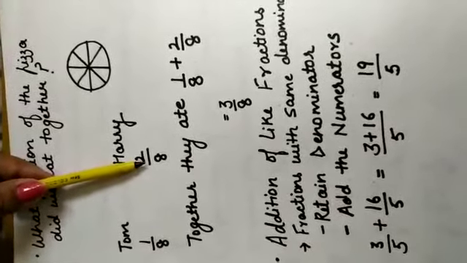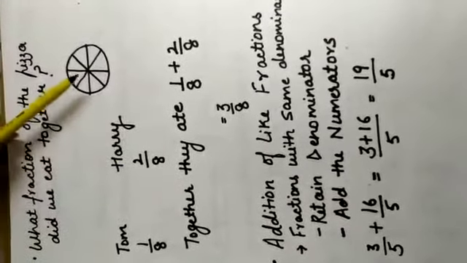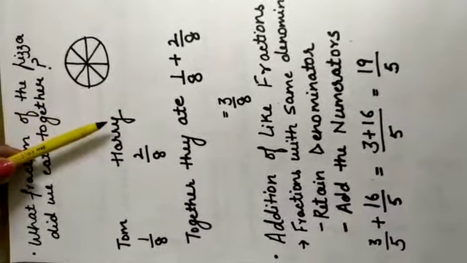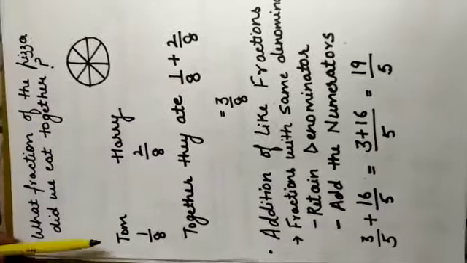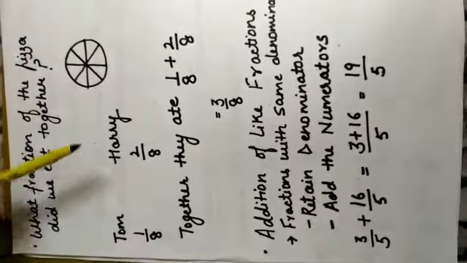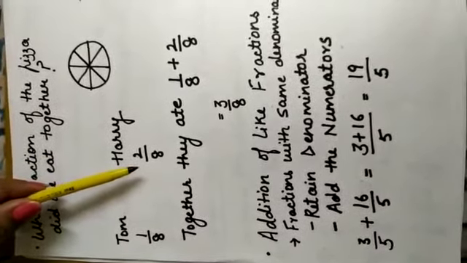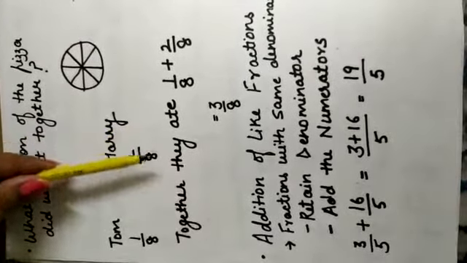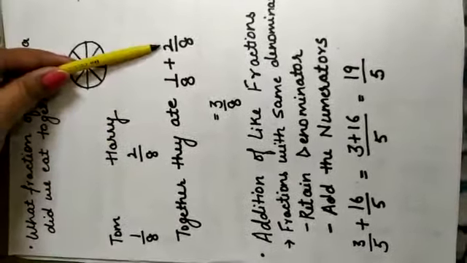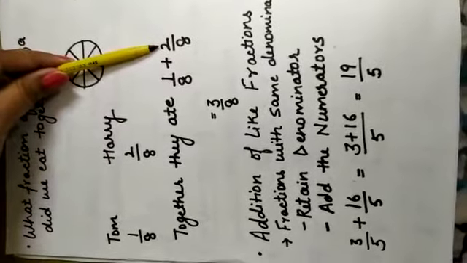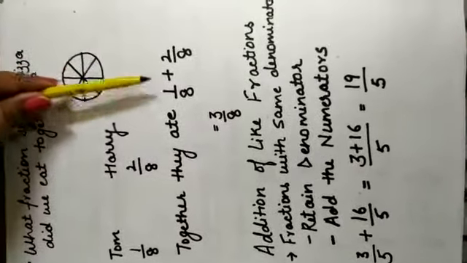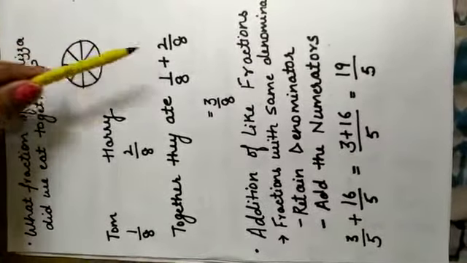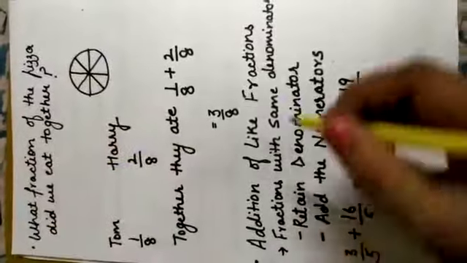This we have discussed in the last video, how to find out the fraction of pizza eaten by the given kids. So, Tom has eaten 1 by 8, Harry has eaten 2 by 8. How much pizza they ate all together? That means we have to add up the fractions of pizza eaten by both, that is 1 by 8 and 2 by 8. Now here comes the fact how to add these two